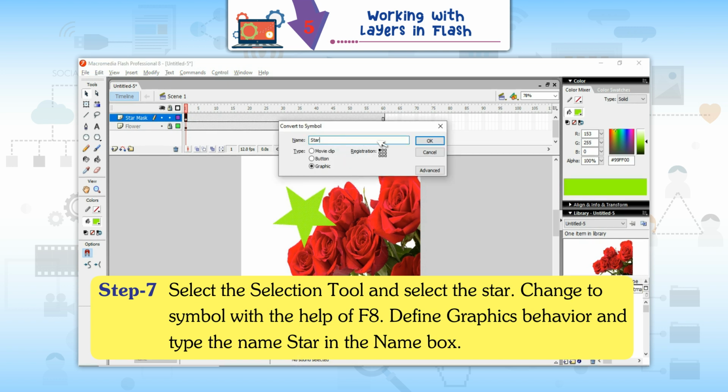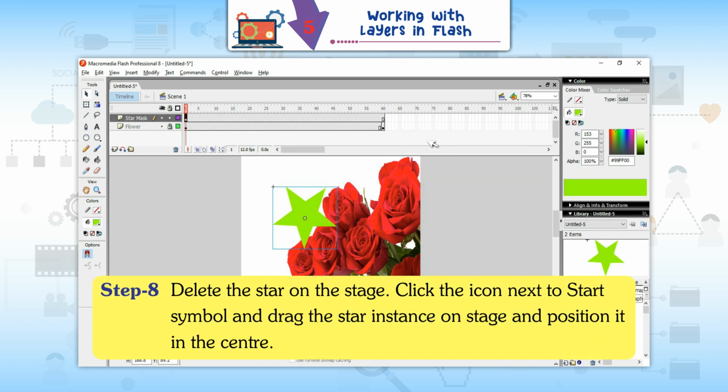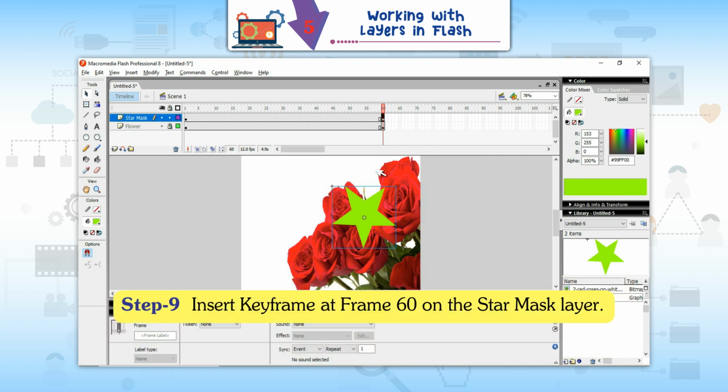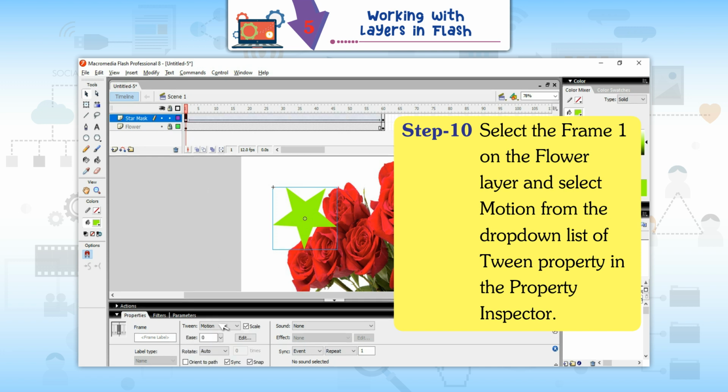Define the graphic behavior and type the name star in the Name box. Step 8. Delete the star on the stage. Click the icon next to the star symbol and drag the star instance onto the stage and position it in the center. Step 9. Insert a keyframe at frame 60 on the Star Mask layer. Step 10. Select frame 1 on the Flower layer and select Motion from the drop-down list of the Tween property